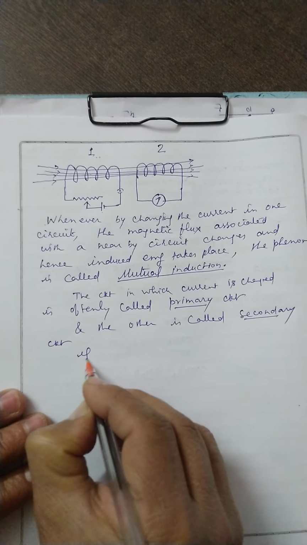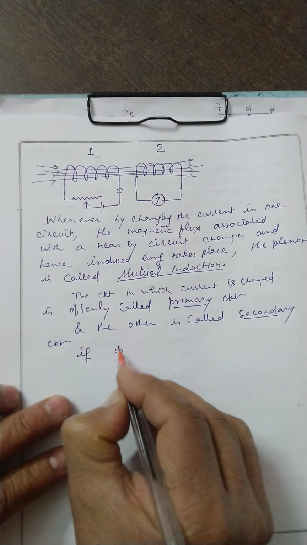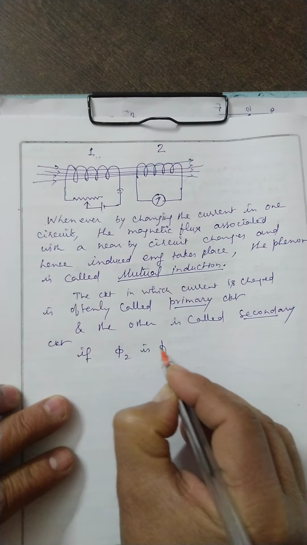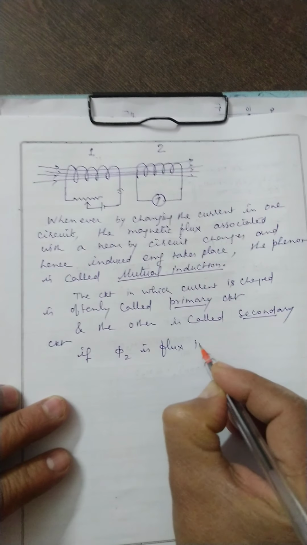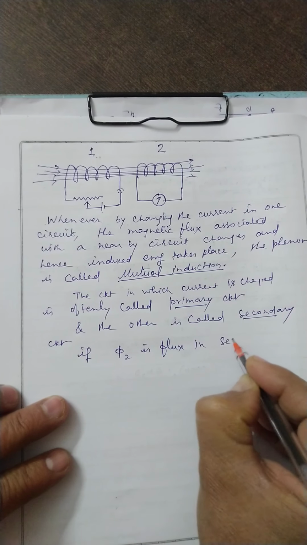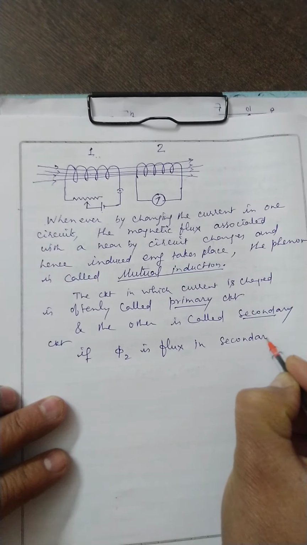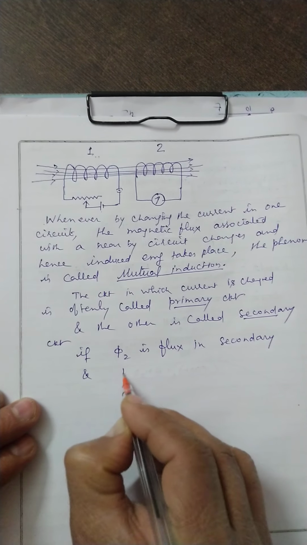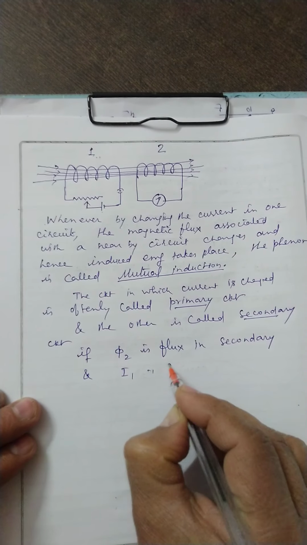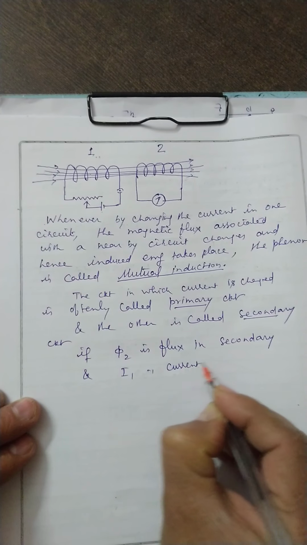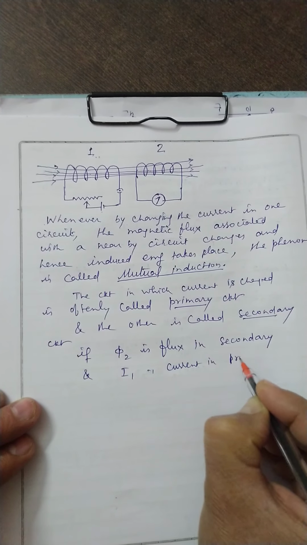If phi 2 is the flux associated with the secondary circuit and I1 is the current in the primary circuit,